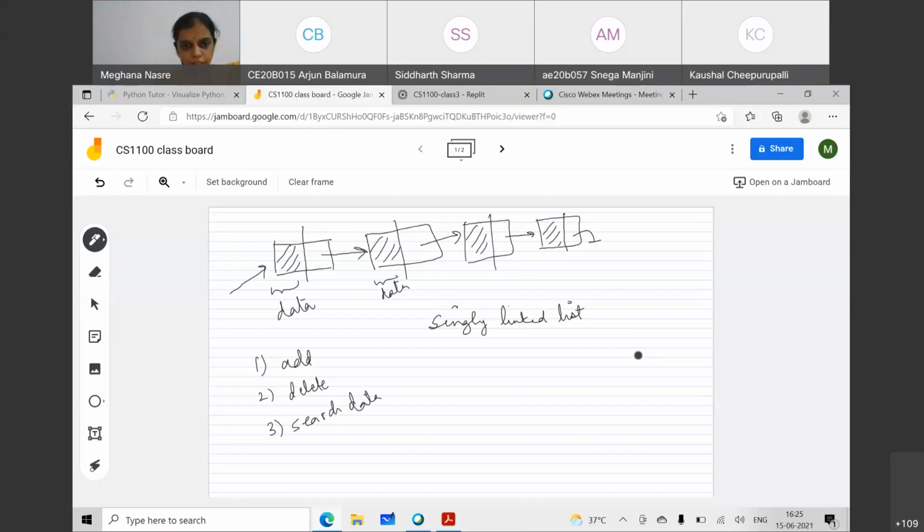Okay. Anything else? You have already said edit data. Okay. Anything else? Okay. Sort. Okay. So these are the things that you would like to support.